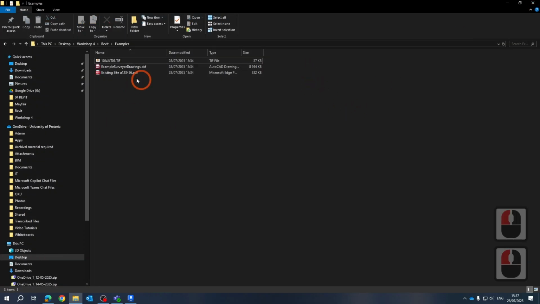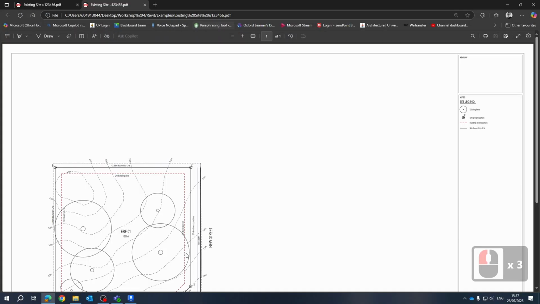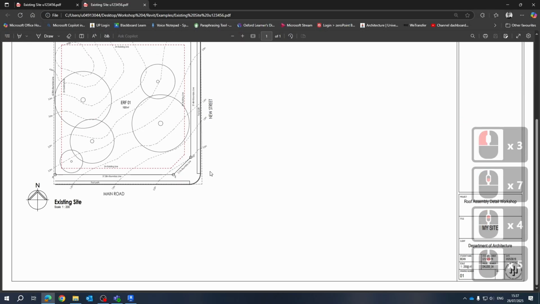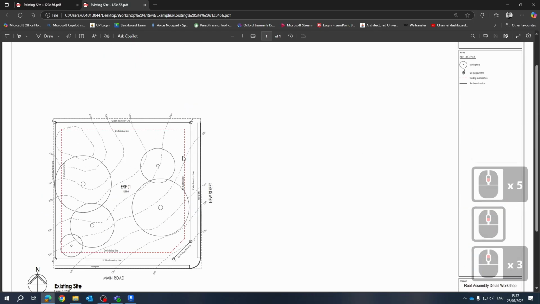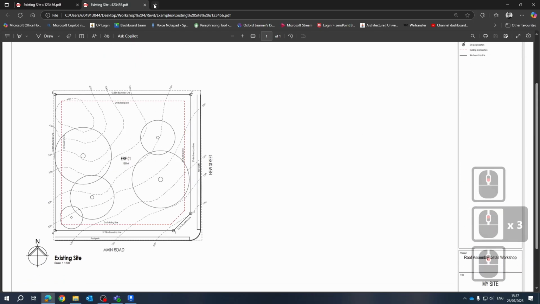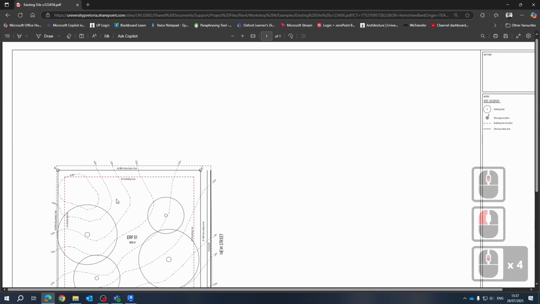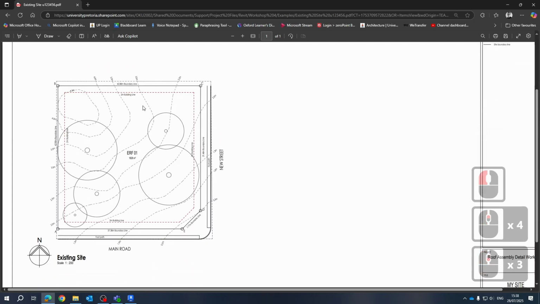Then we get information from our surveyor, which is this DXF file, which we'll look at in a minute, but you would have seen how it looks when I've opened it up in Blender, and we're going to produce an example PDF as per this for this first part of the workshop. The second part of the workshop, we're going to add stuff and change things. Just remember that this will be 3D in Revit as well. So for now, I know it doesn't look like a 3D object, but when you're creating the site in Revit,